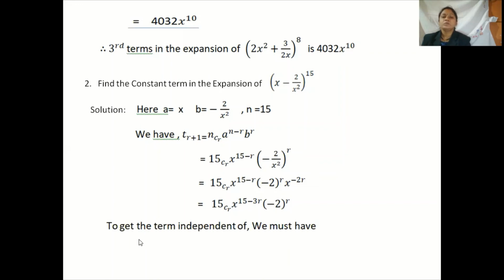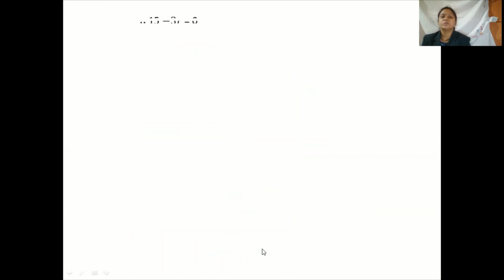Now to get the term independent of x, we must have x raised to 15 minus 3r is equal to x raised to 0. That means here we have to find the constant term, that means which is the x term, x raised to 15 minus 3r, that term is to be taken equal to the constant term, x raised to 0. Therefore 15 minus 3r is equal to 0. Therefore r is equal to 5. Therefore the term independent of x